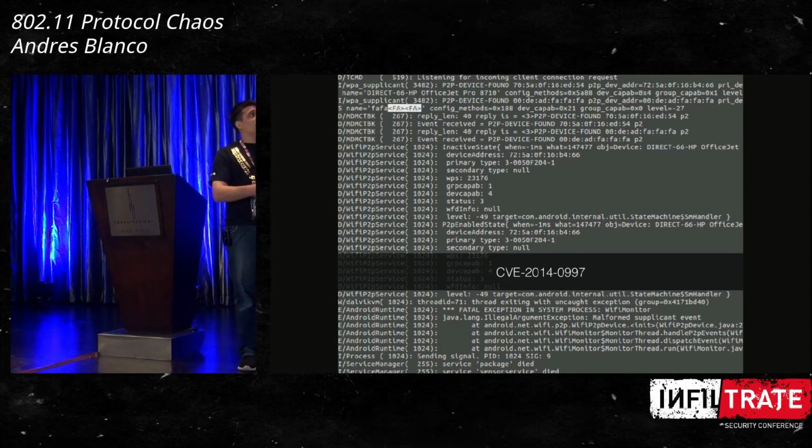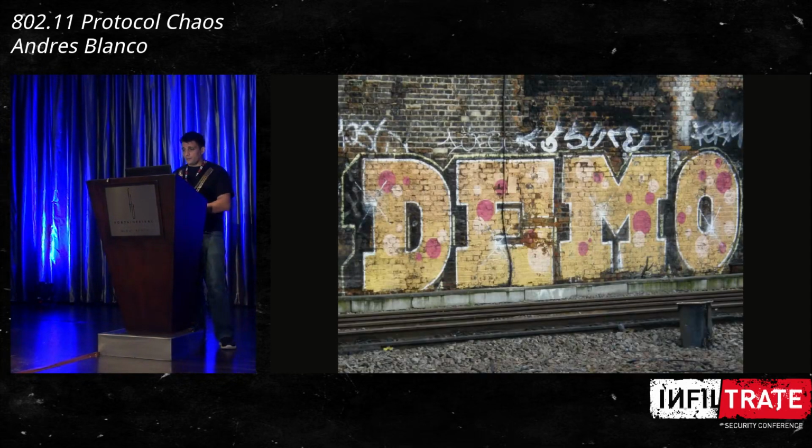So again, this was not a really amazing bug, but it's a good example of how complex the platform is, and how you might think that the frames are only going to be processed on the kernel side or the firmware side, and that's not true. Okay, the frames are processed in different layers. And in this particular case, something interesting is that the supplicant and the Android framework are usually the same in all devices. So you're not depending on a specific firmware or kernel extension or kernel module. So I'm going to show you a demo of this attack.